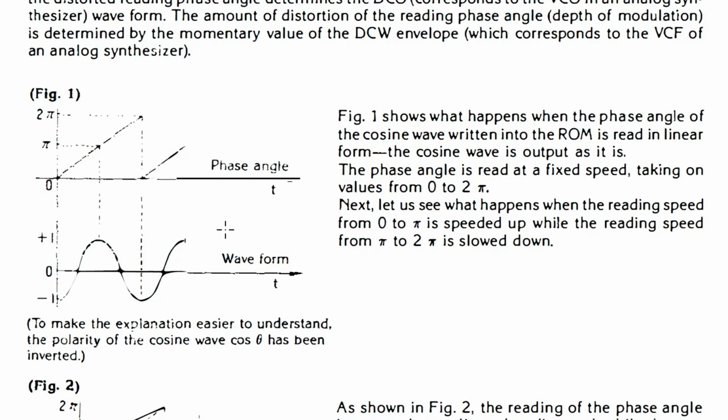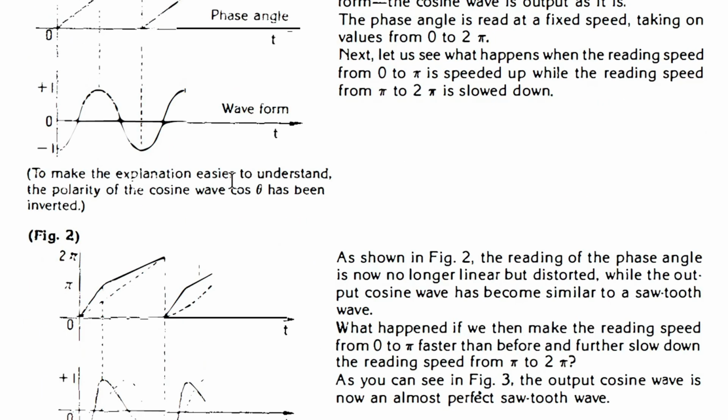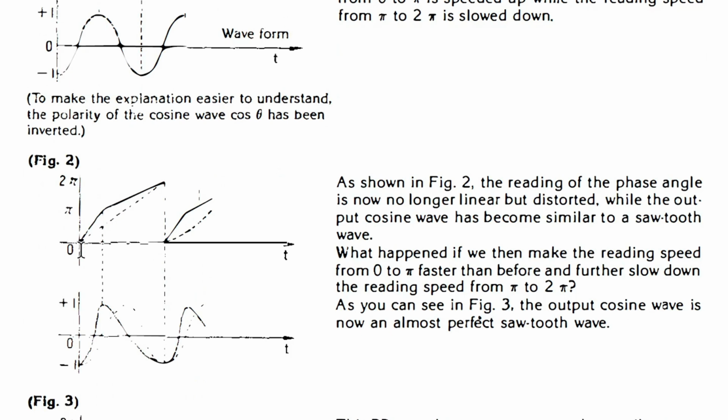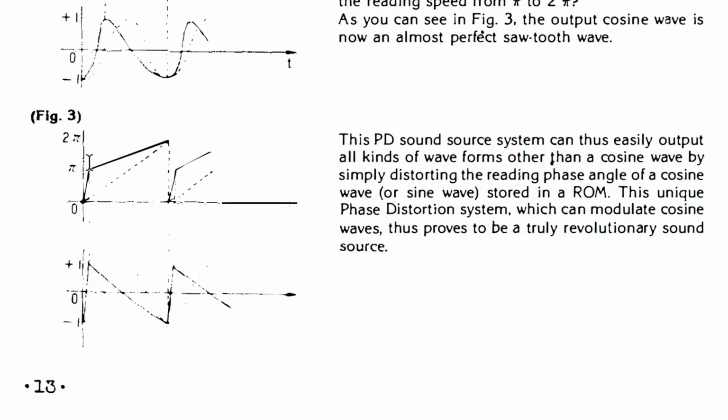And if we change the rate at which we read the waveform out, as you see here, we read the first portion out a little bit faster, and then go more slowly for the remaining part of the waveform. You see that the waveform distorts in such a way that it starts to become sawtooth-like. And then if we go a very quick readout and then a very slow readout for the last part of the waveform, we get this thing that